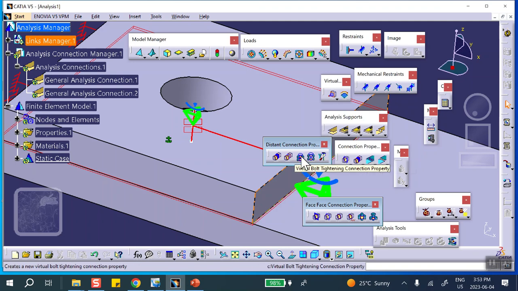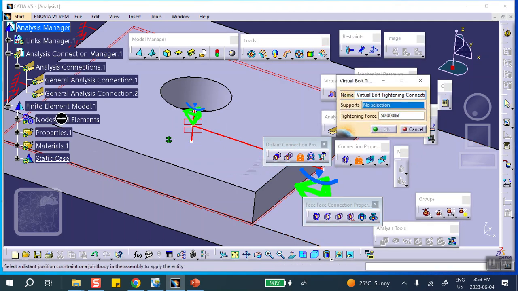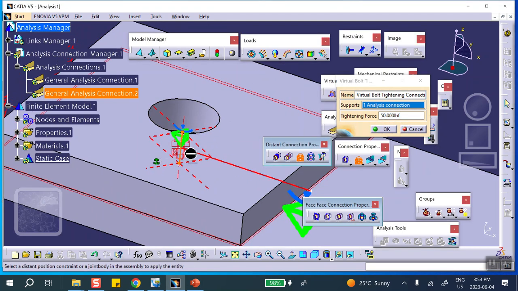bolt tightening connection, which has two versions. This is a more sophisticated version of it. There's the spring, says virtual spring bolt tightening connection. I don't want that. This is the standard one. I click on it. See that in the distance connection property, you click on it, you select it, and you put your tightening force. And notice that there is no option for us to flip these, and there's no